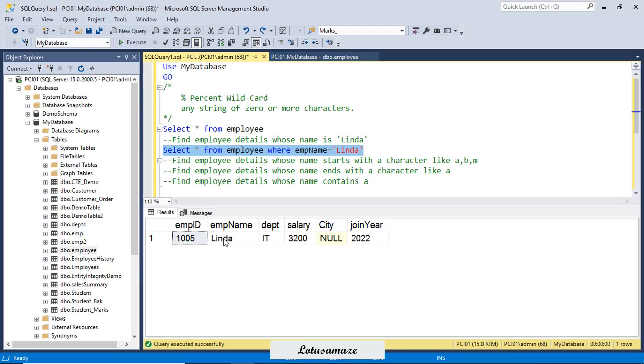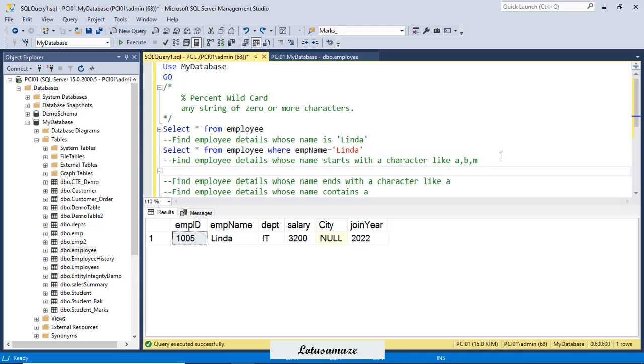But I have a second query: find employee details whose name starts with a character like A, B, M, any character. This kind of static query will not work. So we have to use the LIKE operator with pattern matching. How to create the pattern? Now I write a query here.